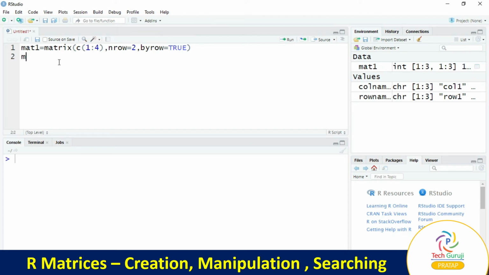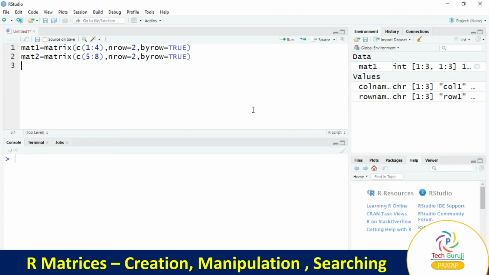Okay. Next, mat2 is equal to matrix, we take the elements using the c function, 5 to 8, comma, nrow equal to 2, byrow equal to TRUE.